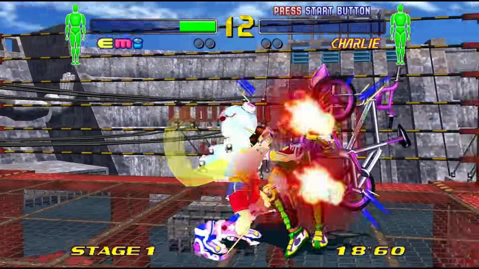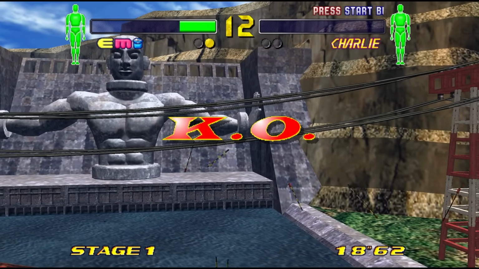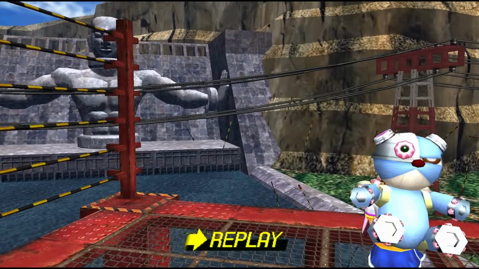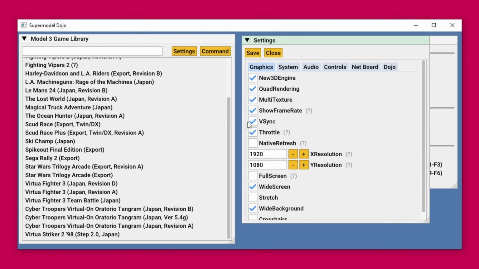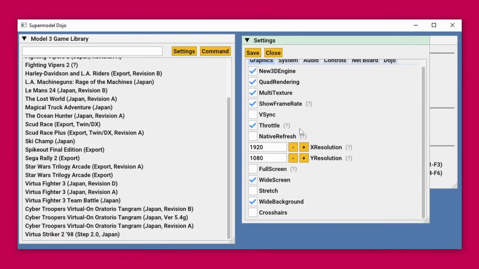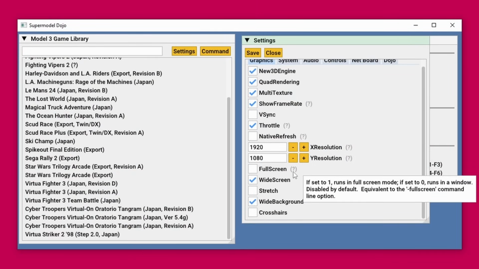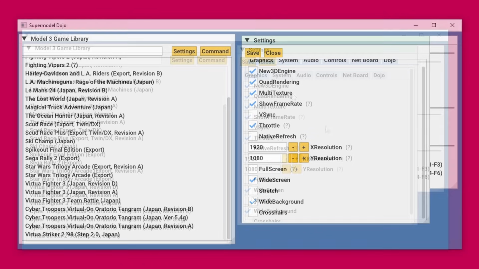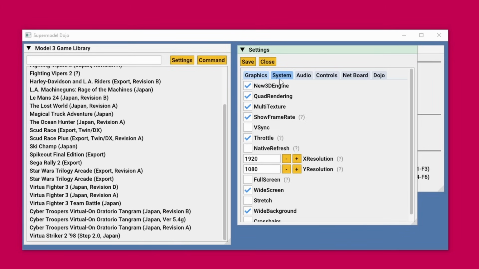If you want to go to 4K and your system can handle it, you're going to want to go to the proper 4K resolution, both in the horizontal and vertical aspect, to make sure that the aspect ratio actually is maintained. So you'll see here you can change the X and Y resolution. For HD, you type in 1920 by 1080. If you want to run it full screen, you can run it full screen, but make sure widescreen and wide backgrounds are checked,